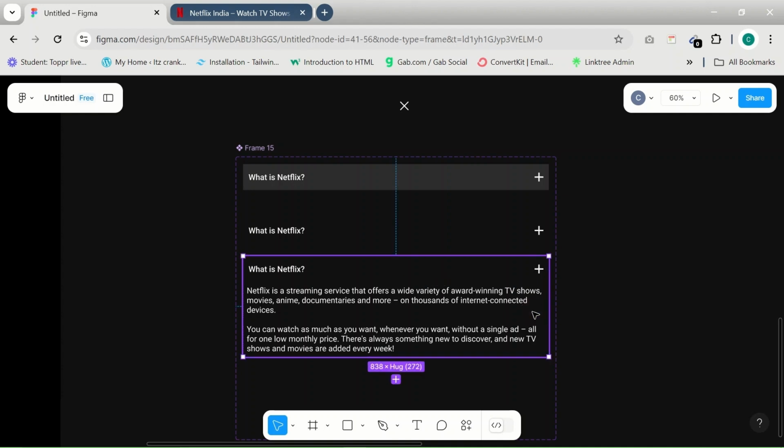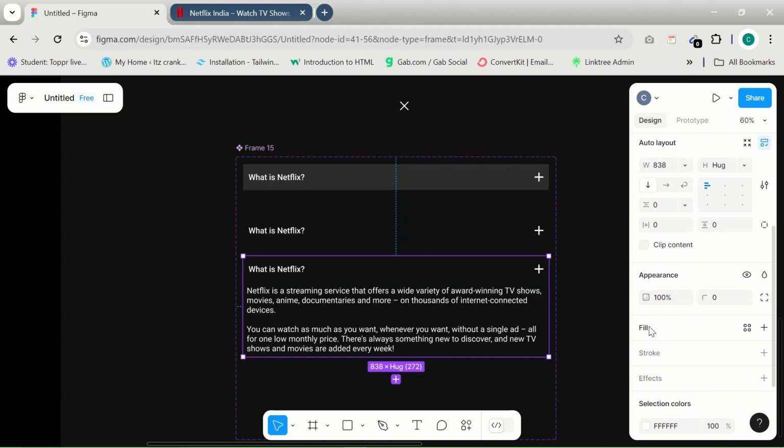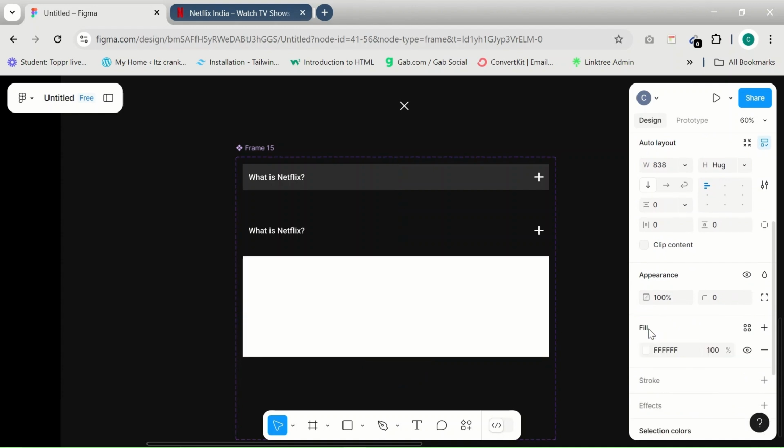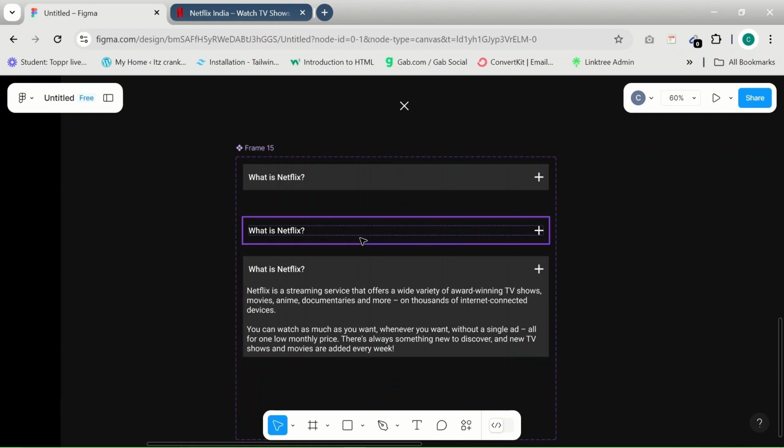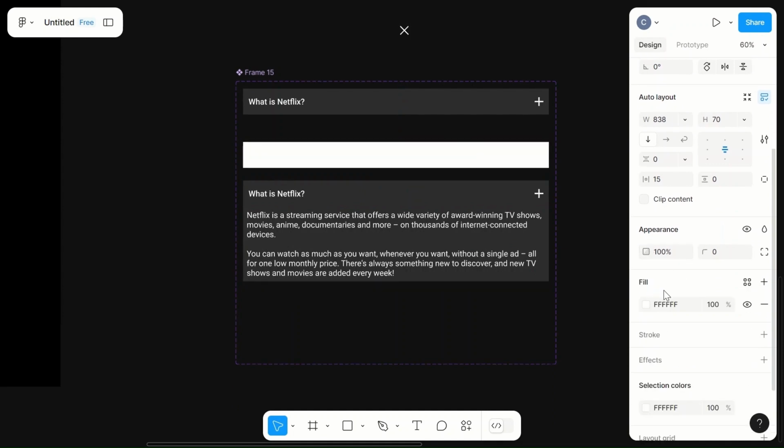Okay, now all this one. Fill. Yes, paste it. Yeah, nice. Now what we have to do is bring it down here. This as well. Okay, so